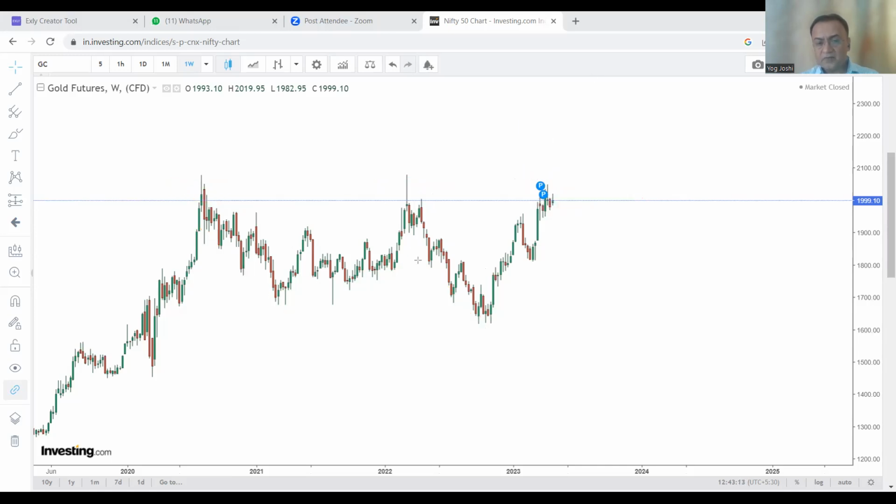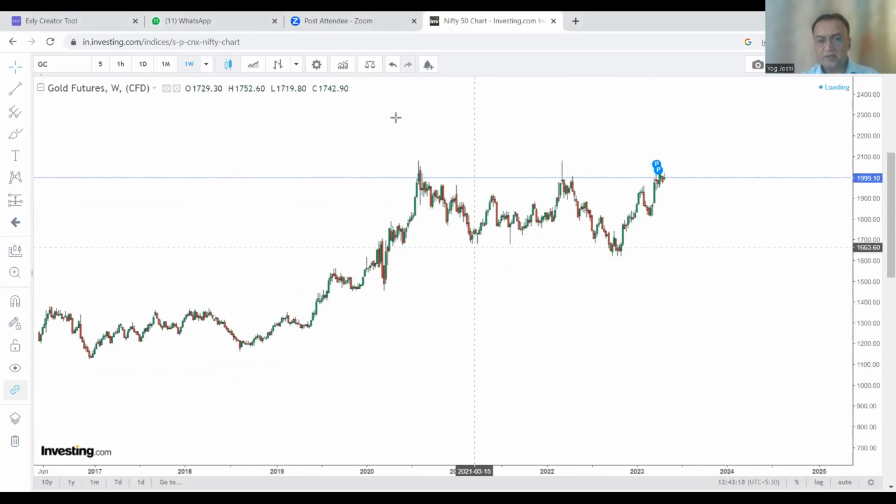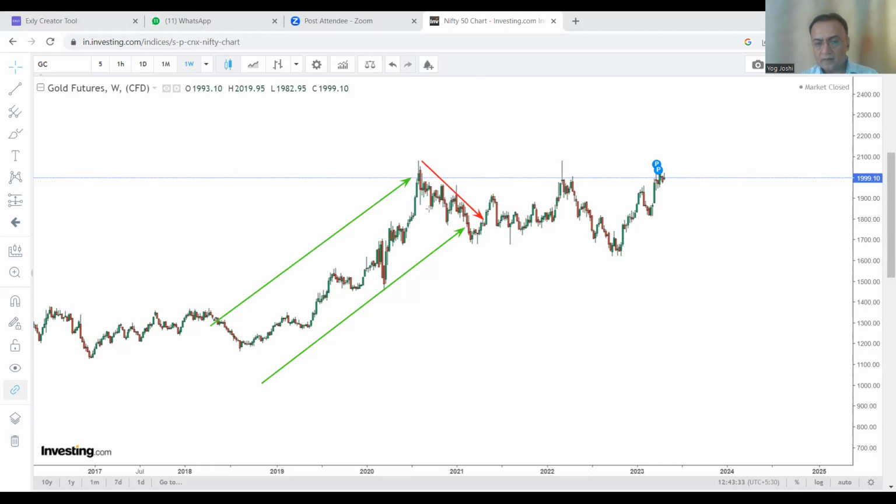So the trend can be an uptrend, downtrend, or sideways. This is the clear cut upward momentum in the weekly chart. This is the uptrend. This is for the beginners. This is a clear cut downfall area where price is falling. And this is the sideways area where we are not able to judge the direction of the chart. This is a sideways area where gold is not making any direction.